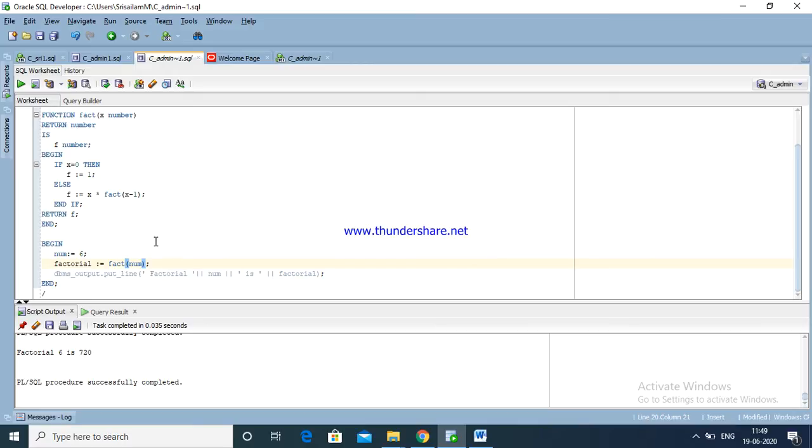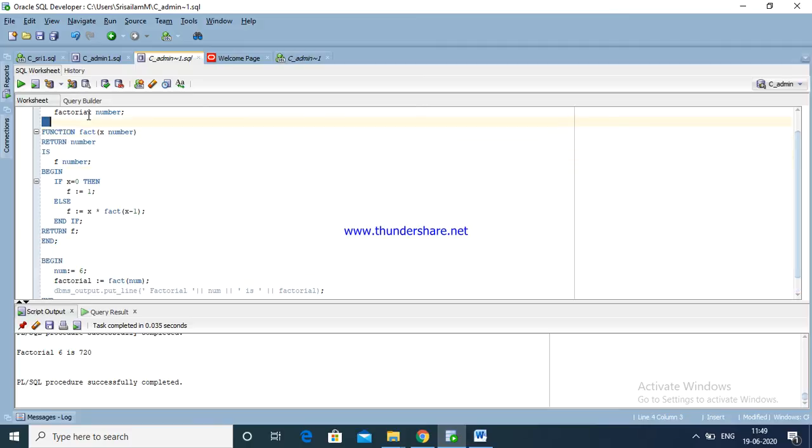Now the condition in the function: fact number. We are giving one number. Here the return type is again one number, f.